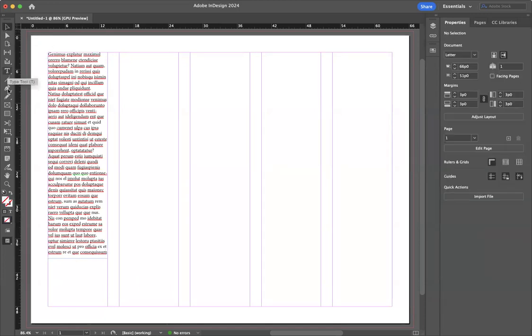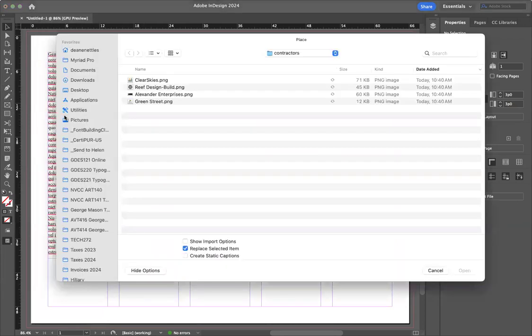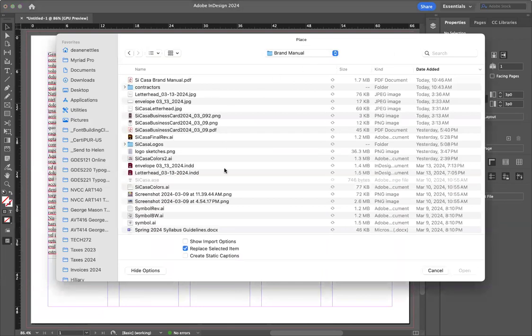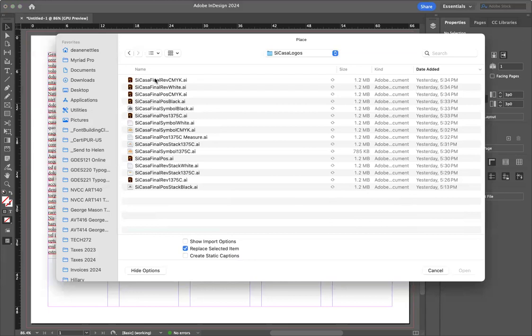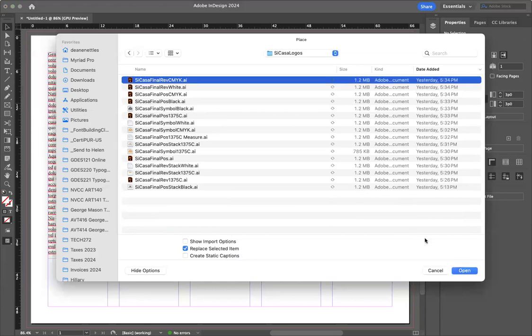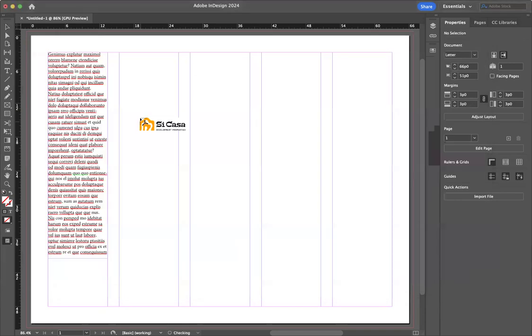Or if we add an image, File, Place, say I have a logo. Positive, CMYK, positive. If I'm going to have the logo,